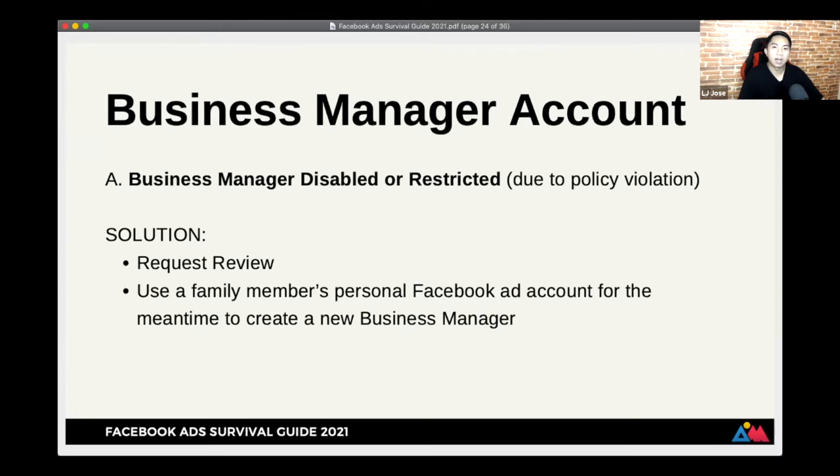Alright, so yun lang. Many times na ito nangyari sa akin, many times na na-reverse din, and there are some times na hindi talaga na-reverse yung decision. Parang naging final decision na siya. Kahit gaanong appeal ang gawin ko, ayaw pa rin. Ngayon kasi dati, kahit ilang appeal ang ginagawa ko, nare-reverse siya. Ngayon, parang first pa lang, final decision na sila kaagad. So, very strict na talaga si Facebook ngayon.